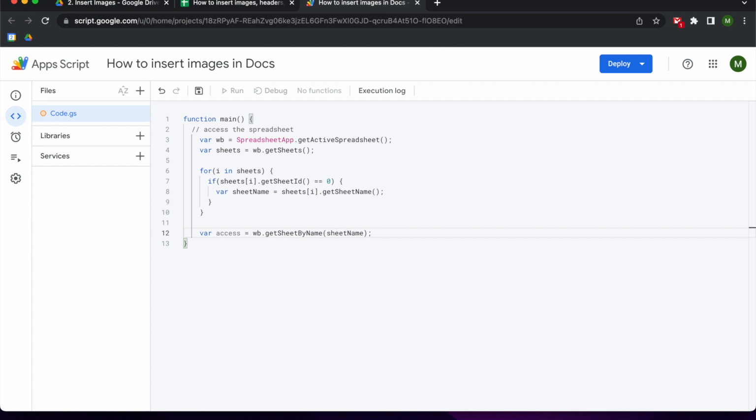I addressed this in my level 2 data automation video, so if you're curious to learn more about what we did and why we did it, check that out. The long and short of it is that Google Apps Script does not have a native function or method that allows you to access a sheet by its ID. It has the getSheetByName method. The challenge with using names in data work is that if the name changes, then your automation, your script, will break. By referencing the sheet ID, which in this case is 0,